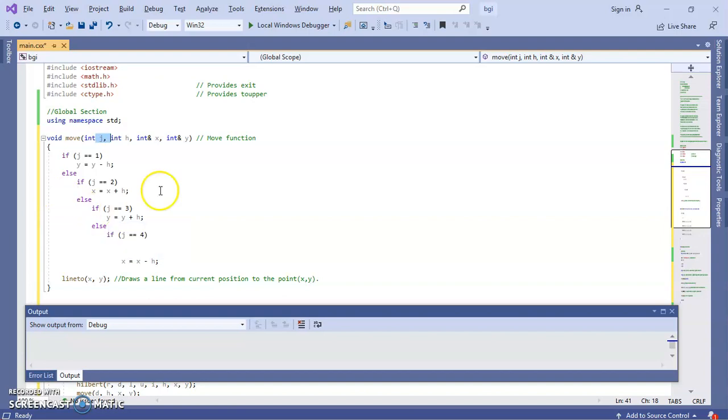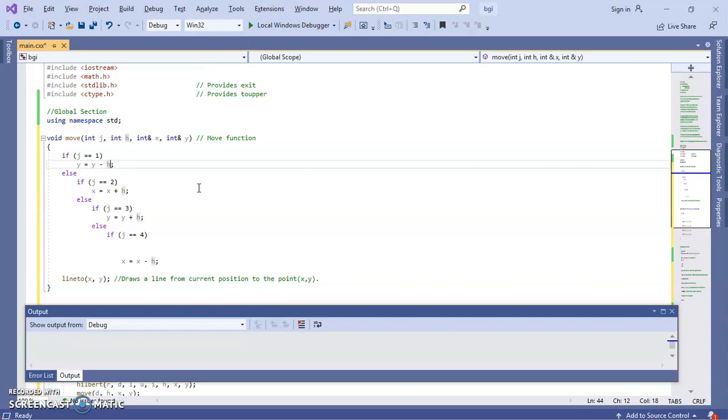When j equal to 1, we assign the 1 value to the up direction, that is u, then y equal to y minus h. Else if j equal to 2, the 2 value we assign to the right direction, that is r, then x equal to x plus h. Else if j equal to 3, the 3 value we assign to the d variable, that is the down direction, then y equal to y plus h.